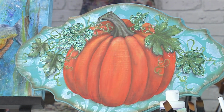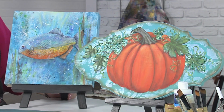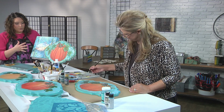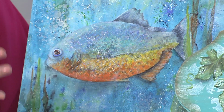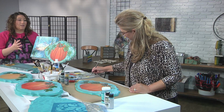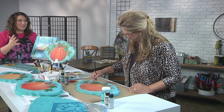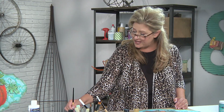And I love this example you've brought with the fish, because that underwater feeling is really present in the way that the glitter makes that fish almost appear to be glistening the way that real fish do. It's really the combination of opaque paints, washes, glitter, all those different kinds of paint creating something more. This is layers on layers on layers. You really are a master of working the layers and knowing which paint to use when. Well, at the end of the day, it's just paint, and it's supposed to be fun, and I love to layer it